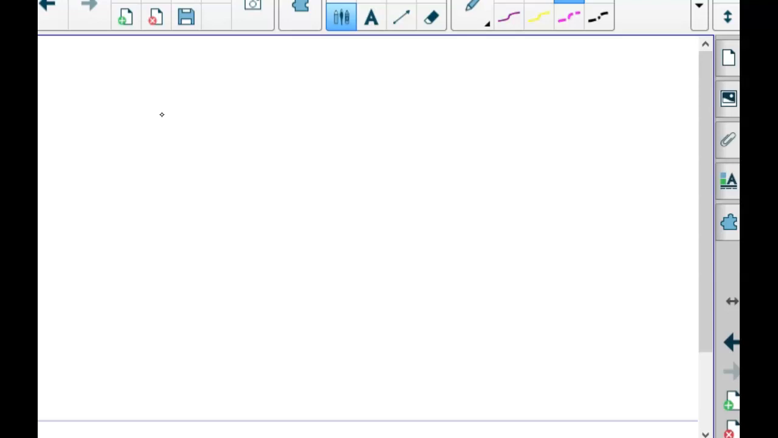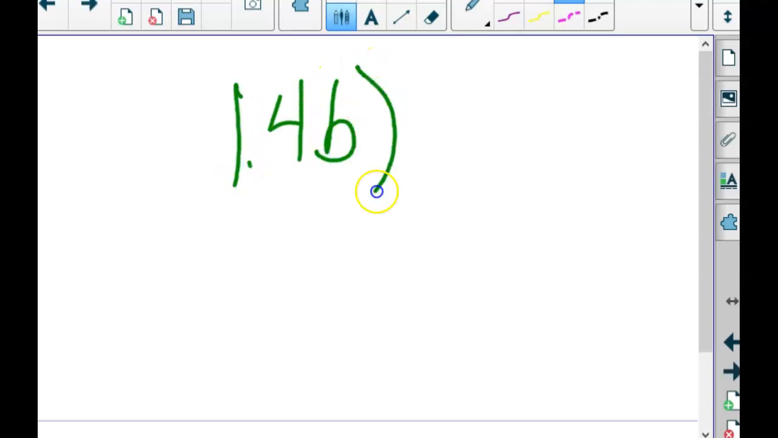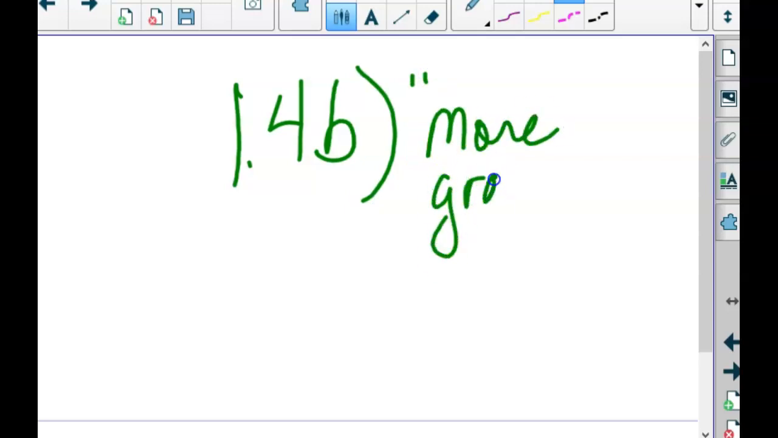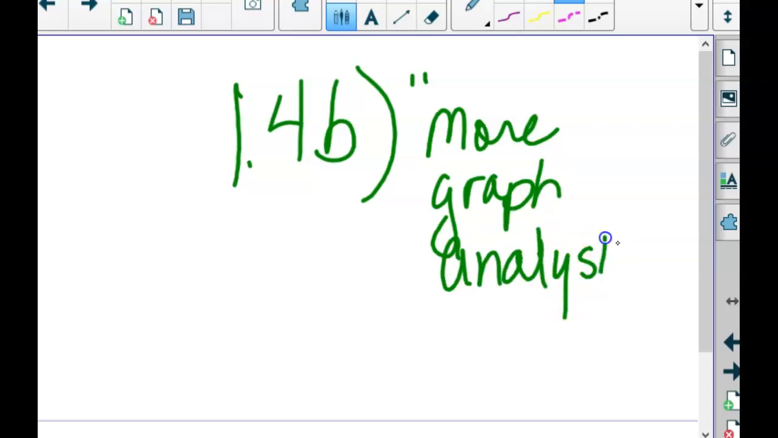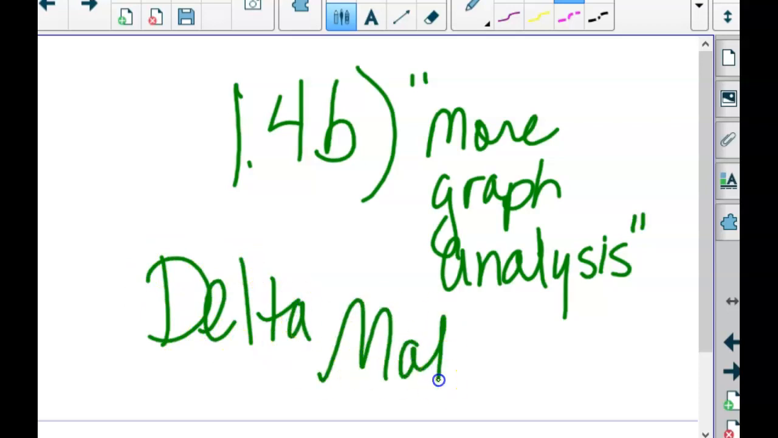So no worksheet homework. It's just 1.4b. Delta Math 1.4b. And I don't remember what it's called. More graph analysis would be my guess. Delta Math. Okay. A whole bunch of you have been keeping up with your Delta Math really good, and then there's a few people who it's 0.00000%. That's not going to make the